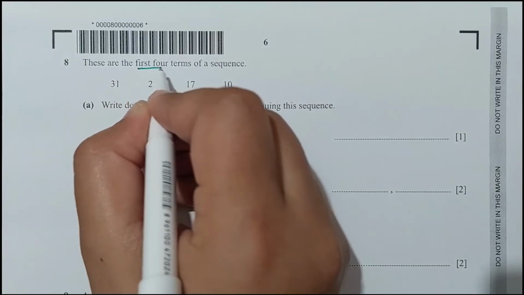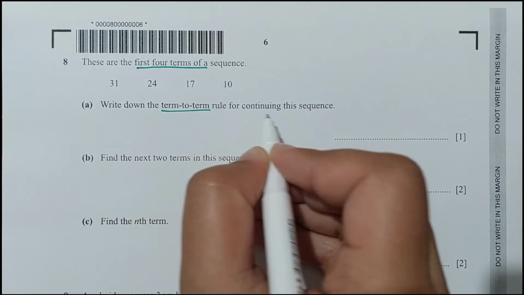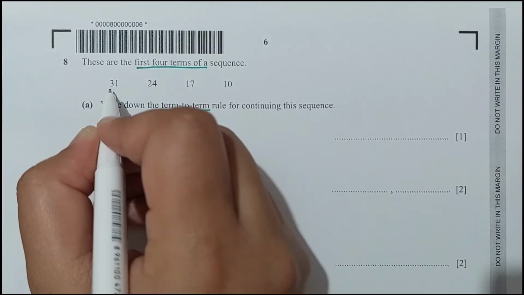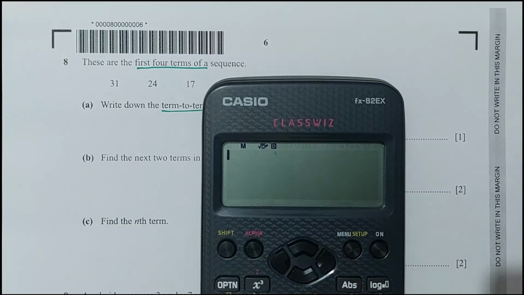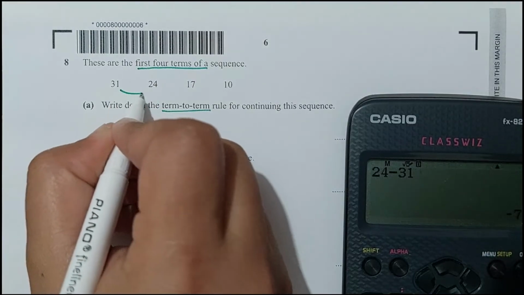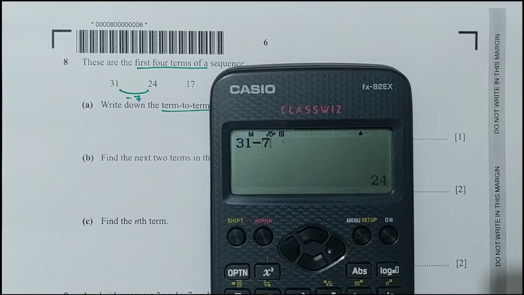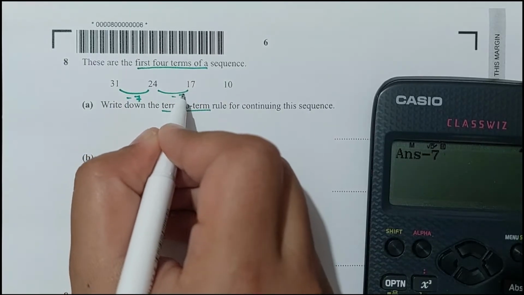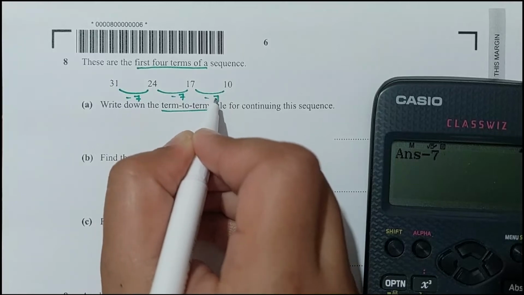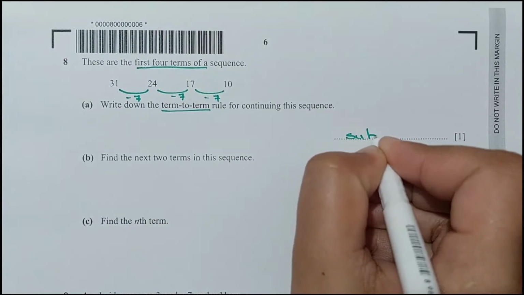Question number 8. These are the first 4 terms of a sequence. Part A. Write down the term-to-term rule for continuing this sequence. Okay, in 31 we subtract something to get 24. 31 take away 24 is subtracting 7. In 31 we subtract 7 to get 24. 24 subtract 7 is 17. And 17 subtract 7 is 10. So the term-to-term rule is subtract 7